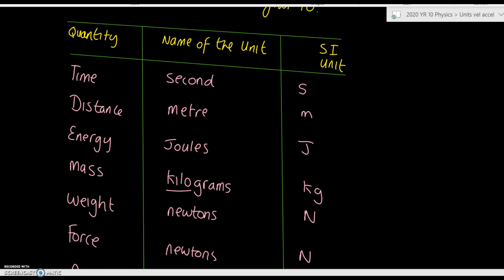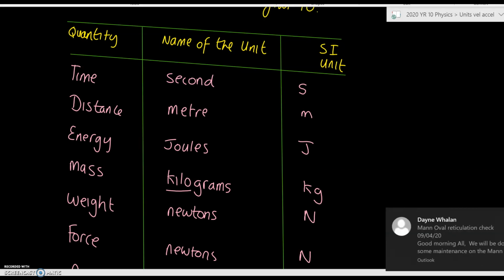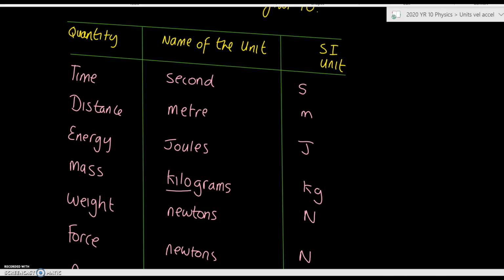So distance would be the meter and lowercase m, which we spoke about. Now again, we know that distance is quite often used in kilometers. When we look at things like space, we even go to a larger unit, which we'll look at, light years. So continuing through,